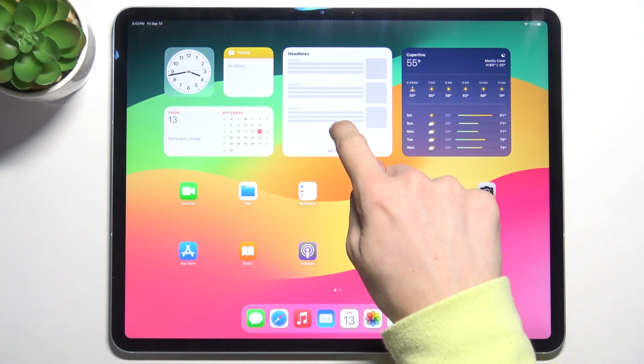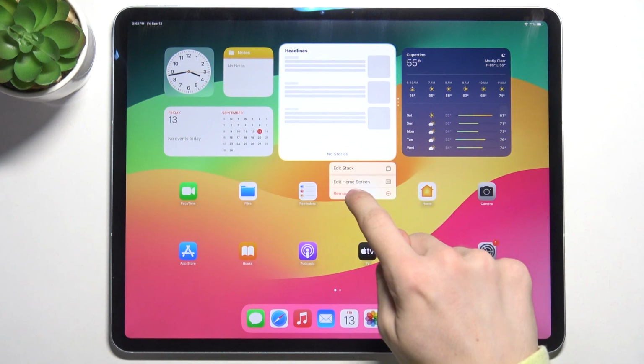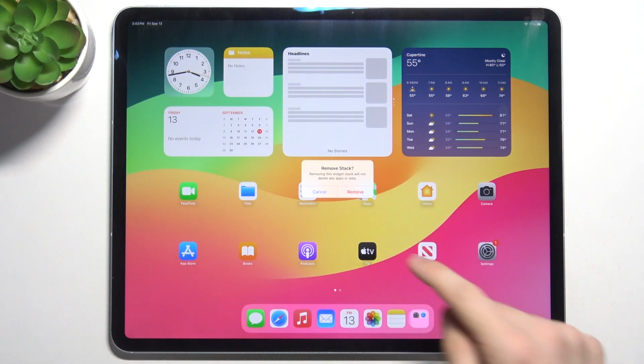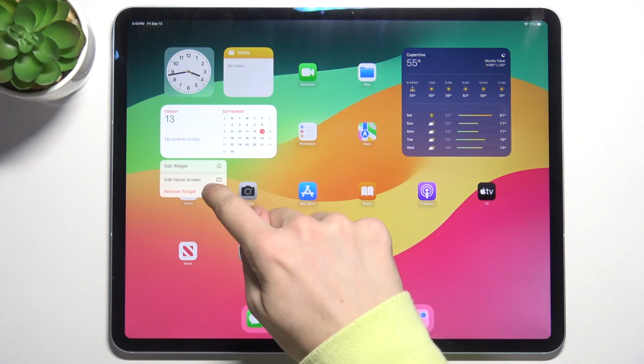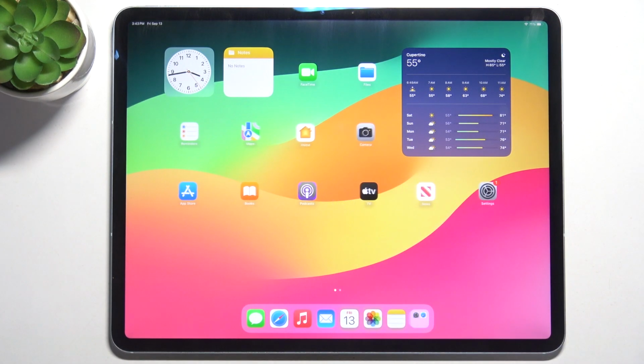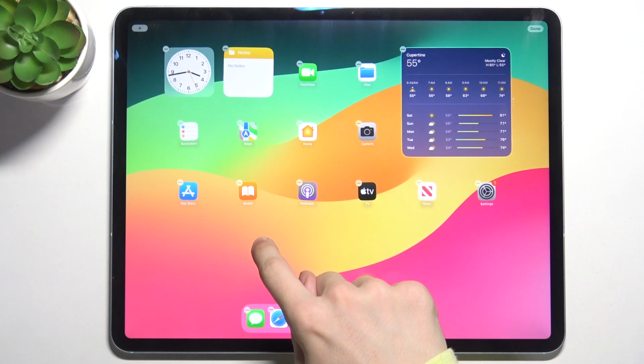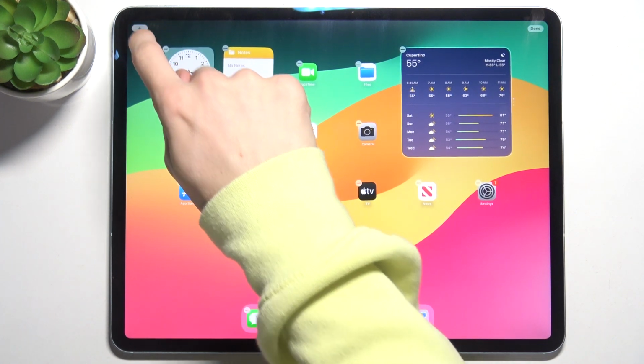To remove a widget, press and hold on it. Then tap on Remove Stack or Remove Widget. You can do the same with more widgets. And to add a widget, press and hold on your home screen, then click on a plus in top left